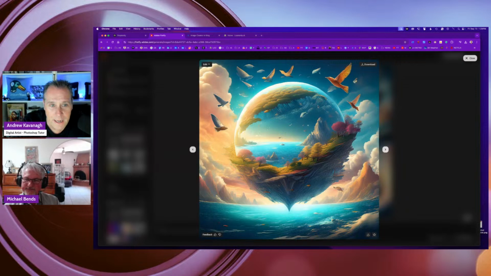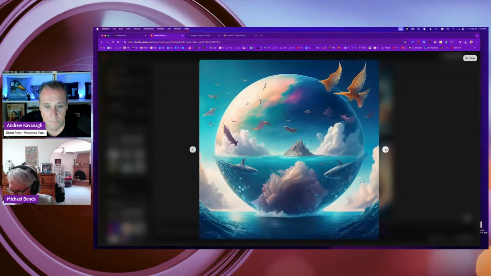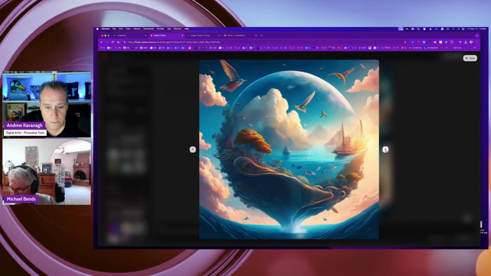And then one thing I tend to do, if we have time, I'll show you, is they might add too many repetitive elements. There might be a few birds that look good, but they'll put like 10 or 12 birds, with weird abstract shapes around them. And I'll be like, I don't really need all that. So I will tend to use the remove tool in Photoshop and clean that up. That's kind of like the whales in this one though.